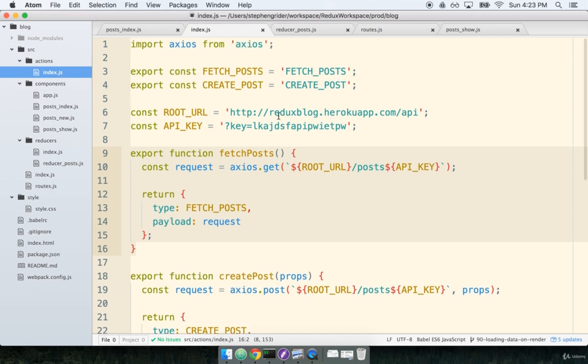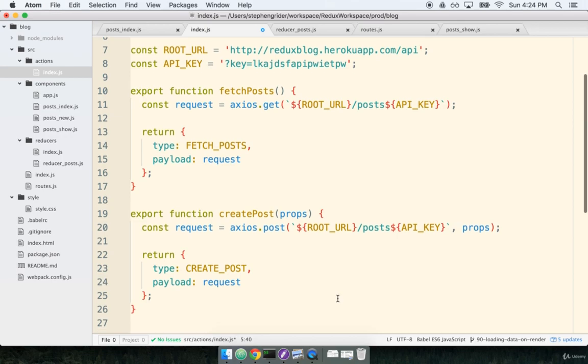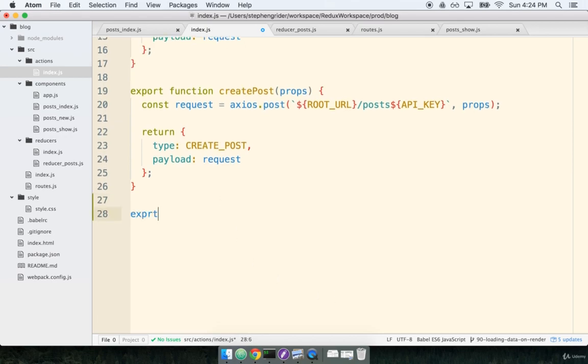So inside of our actions file up here, we'll just go through the process that we've done several times before. At the top, we will create a new action type, export constant fetch post, and then we will create our action creator down here, export function fetch post, and we'll assume that will always be called with an ID, the ID of the post that we need to fetch. So we'll make our request, and it will be a GET request